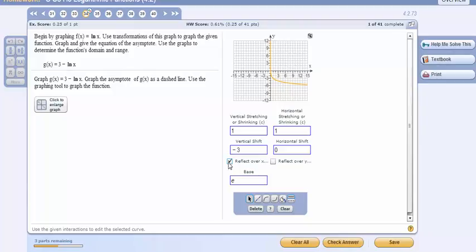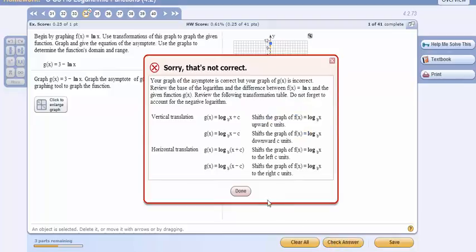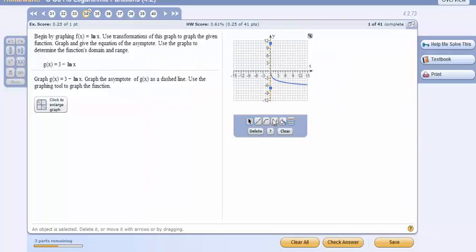reflect over the x-axis. Now next, if you read through the directions, it says use the graphing tool to graph the function, and graph the asymptote as well as a dashed line. So let's grab the line now. The asymptote is going to run from here right along this y-axis, and we want to make it dashed. So let's check our answer there. Whoops, I got something wrong, so let's have a look. If I click on my graph again,